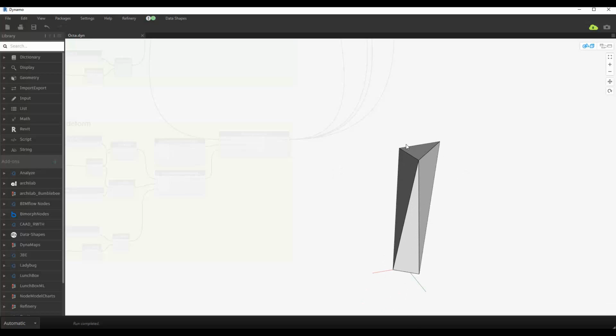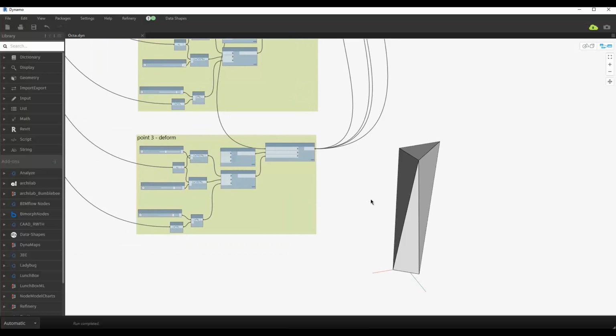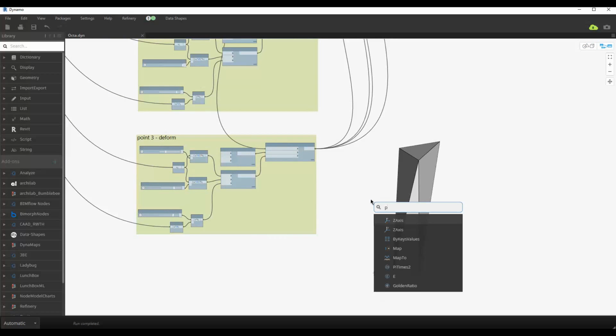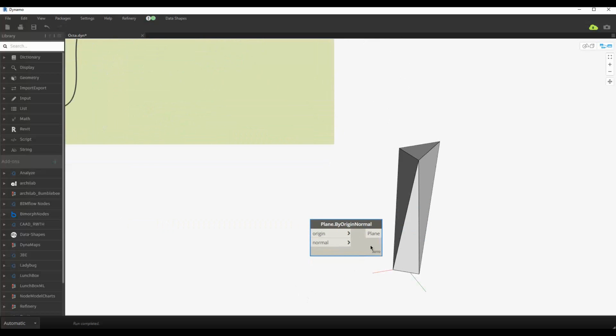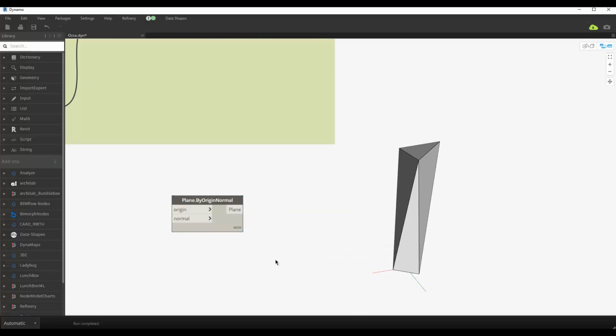For now, we'll assume that every 4 meters will be a different floor. We want to create Plane by Origin and Normal. This plane will have the origin of 0, the normal of z, but we want to repeat this